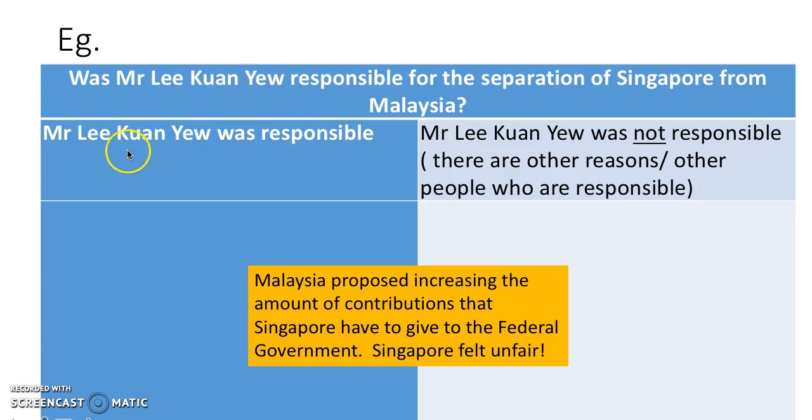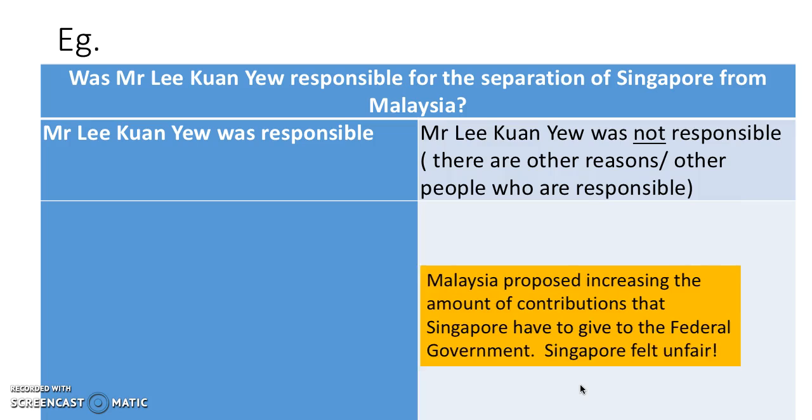What you see is that you have Mr. Lee Kuan Yew was responsible, Lee Kuan Yew was not responsible. Now, take a look at this factor here. Which side do you think it should be on? Is it the one on the right or is it the one on your left? Now, if you say that it is the one on your right, then you are correct because this shows that